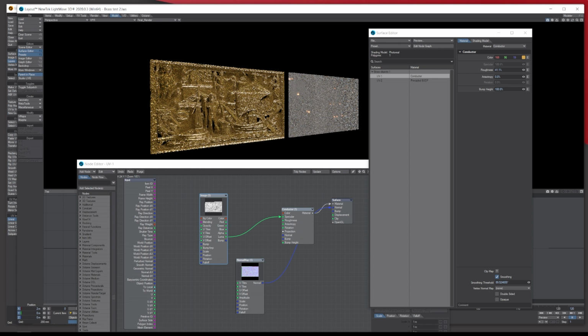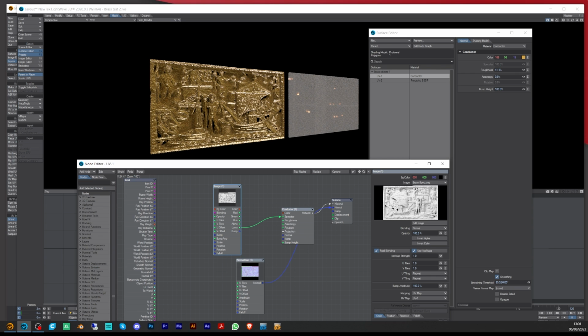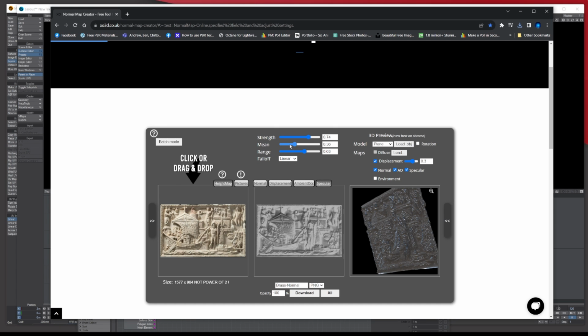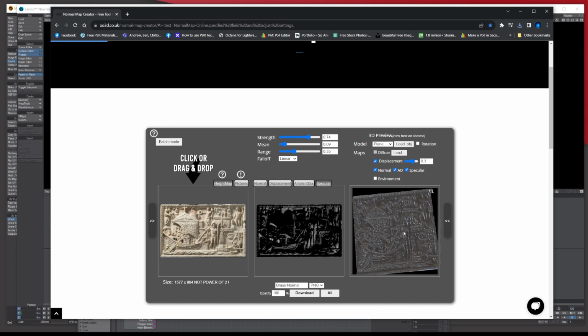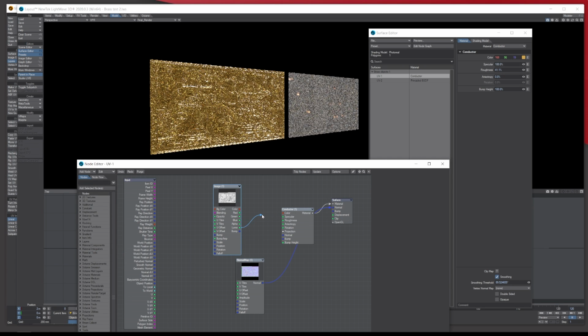Okay, but what you've noticed is it's using the spec from the old one, which I've changed slightly. So again, if that's not right, go in here. Let's have a look at the spec this time. Let's just see what I want to decide on, and so on and so forth. And you've got the different options here as well. But again, I'm not going to play around too much because I want to get on to the next one. So again, at the end of the day, you could not use this. But if you don't use the spec with the actual normal, it does look a lot flatter.